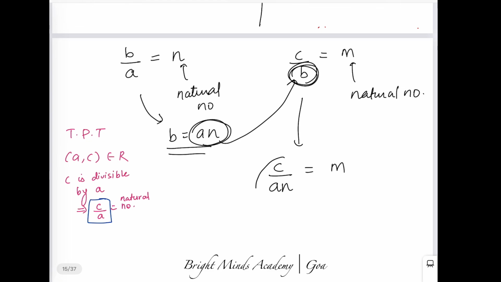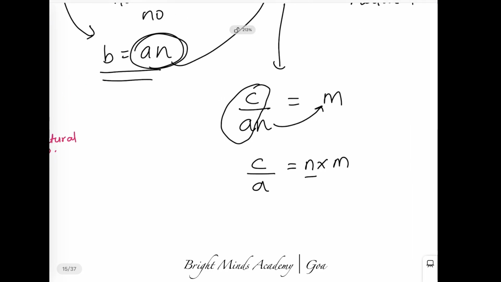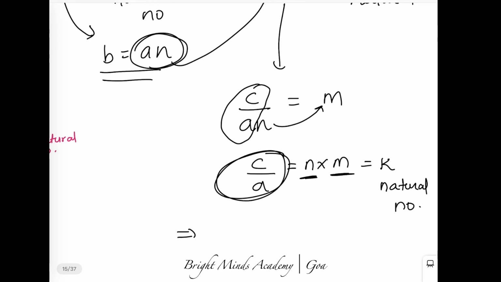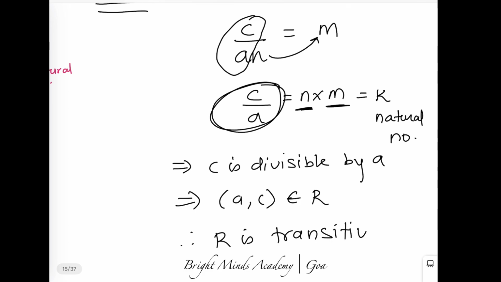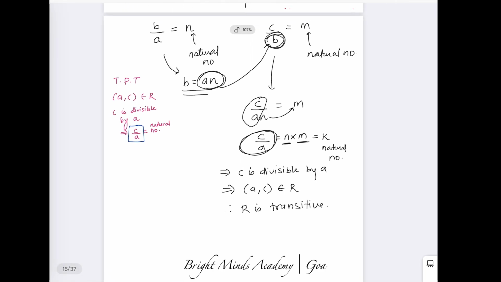Now what do we need? We need C by A. So this N I'll take on top. So C by A would be equal to N into M. Again, N is a natural number, M is also a natural number, so in total that will give you another natural number, which is K. Since C divided by A is a natural number K, this implies that C is divisible by A, and this implies that (A, C) belongs to the relation R. Therefore R is transitive, and hence we have proven